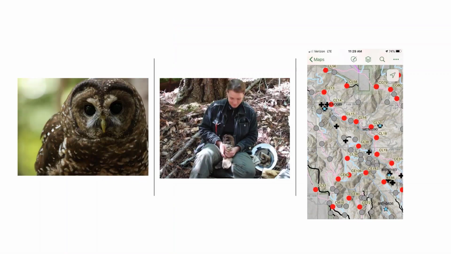So today we'll be talking about this critter here on the left. This is the northern spotted owl, and here we're seeing a picture of actual data being collected in the woods, where we get to capture those owls and put pretty little bracelets on them to find out where they are and what they're doing.